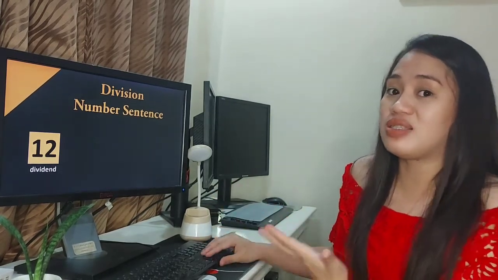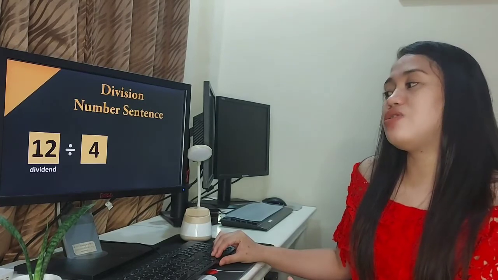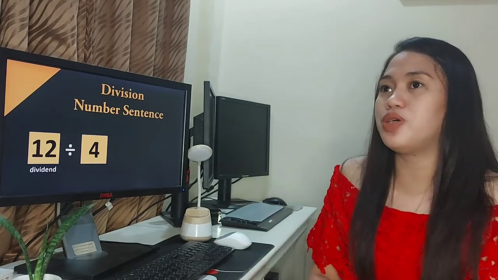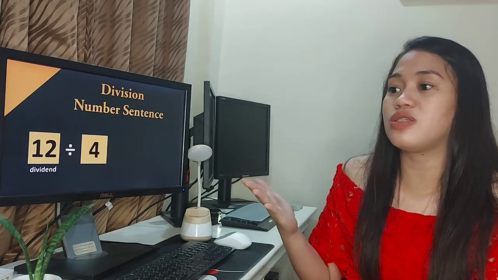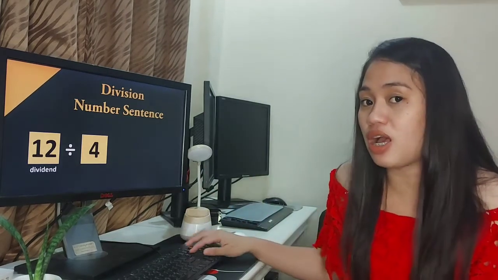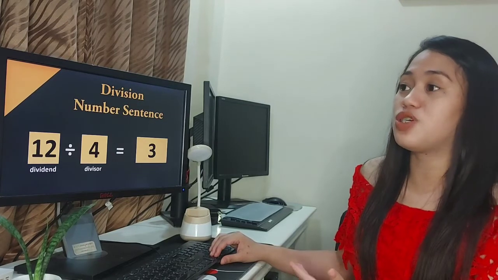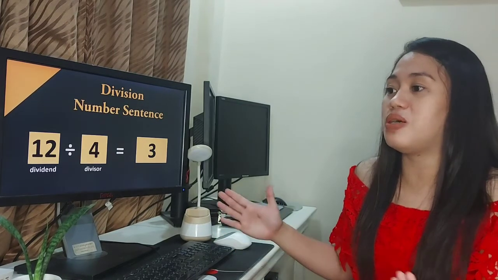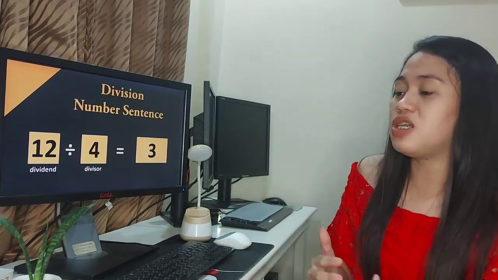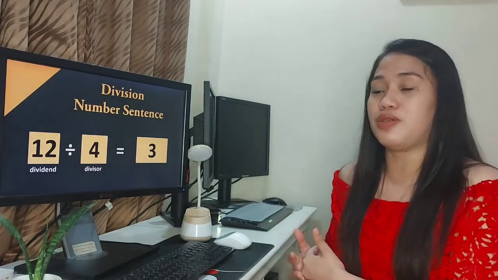Ito yung number na hahati-hatiin mo. Divisor naman, ito yung number na mag-indicate kung sa ilang parts mo siya hahatiin. Okay? And then, the answer is quotient. So, ito naman yung kinalabasan na. Nahati-hati mo na sila. So, tig-ilan ang meron doon sa